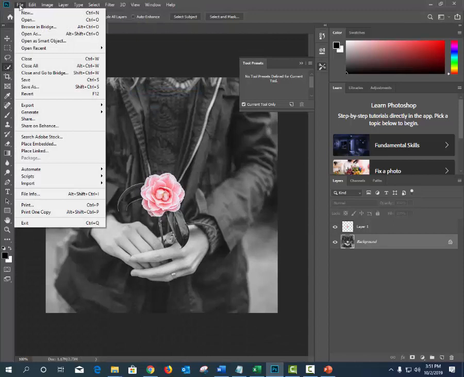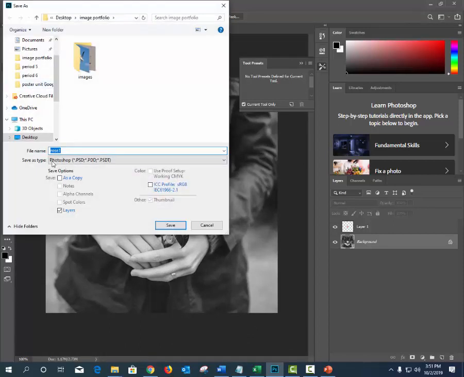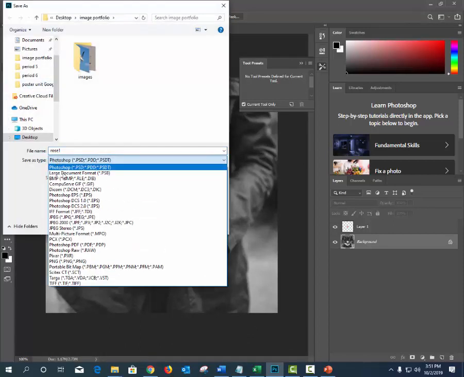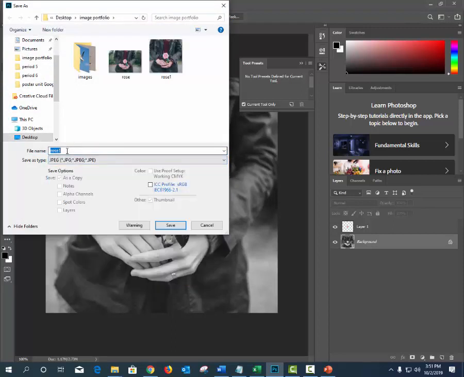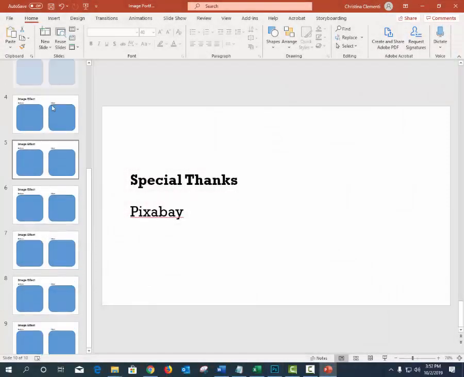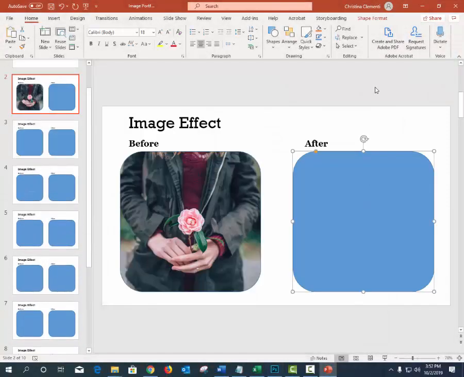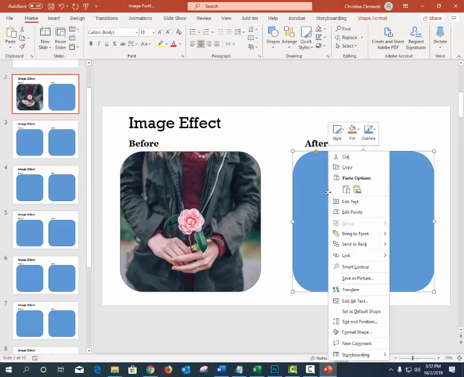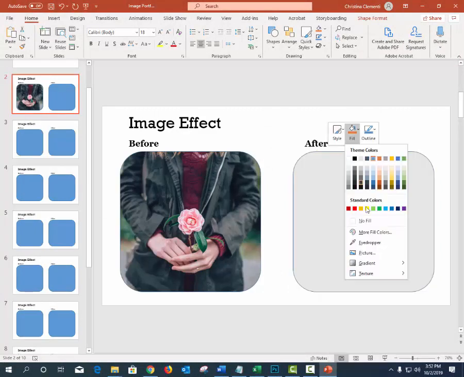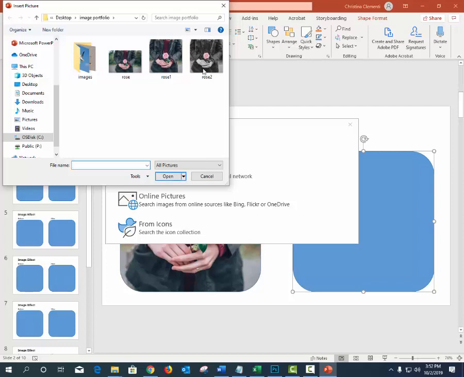I'm now going to choose File, Save As. I'm going to change it from Photoshop to JPEG and I will call this Rose 2 and then Save and then OK. I'm going back to the PowerPoint. On that slide I'll select the shape. You could also right click on that shape and choose the Fill Bucket picture from File and then there's the